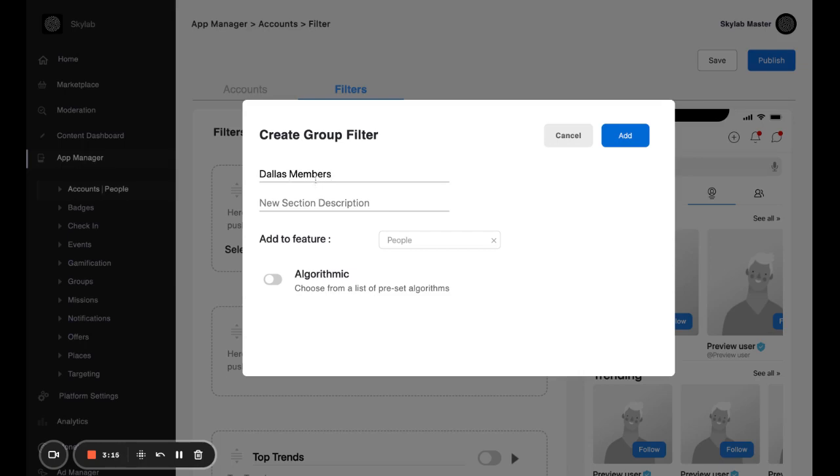Then this next section here is just for your eyes. So for example, I would make a note to myself that I am manually adding users here. Once you have created your filter, it's already selected inside the feature of people, so I would just then hit